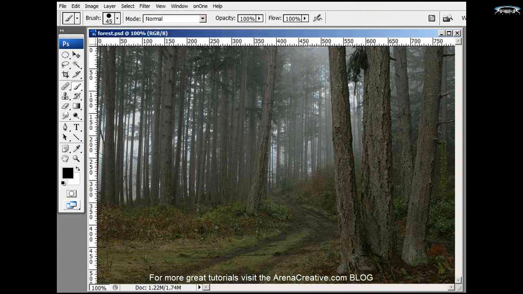Here's an image I took off my forum. It belongs to a member in the forum, and I like the image. I like the way it's composed. It has a foreground, these trees in the foreground. It has the midground, which is the road, and I like the way it's curved, and it fades right off